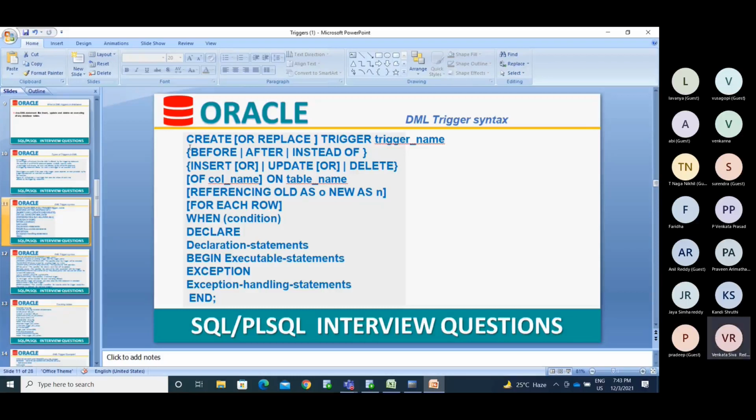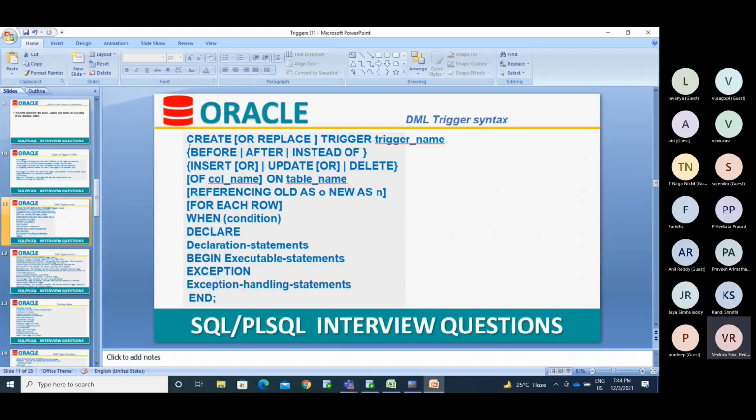So you got it right. You need to put before or after. After inserting the child record into the child table, I may need to insert the child's parent information into the parent table. That is also possible using this.